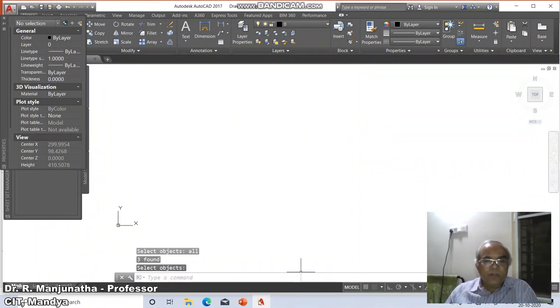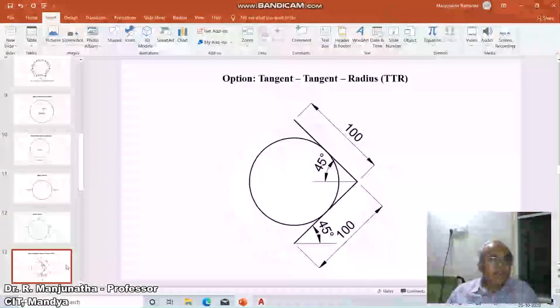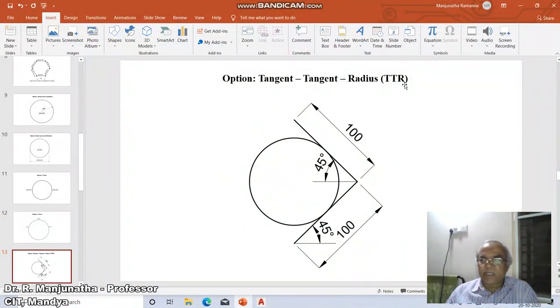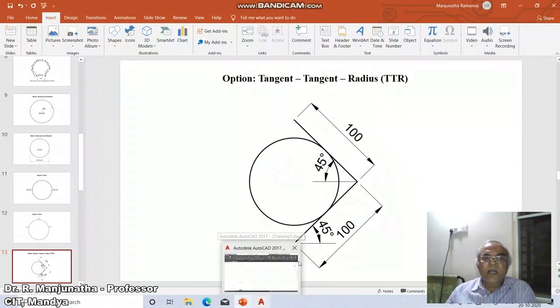Now the next option, whatever you have here, is the tangent radius. As the option itself indicates, first you should have an entity, then only it is possible to draw the circle. So first I need to consider a point, and from that point I will start.